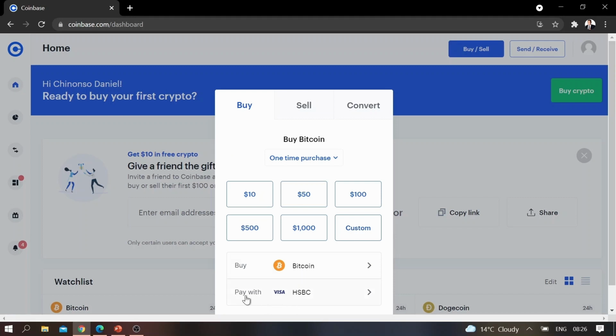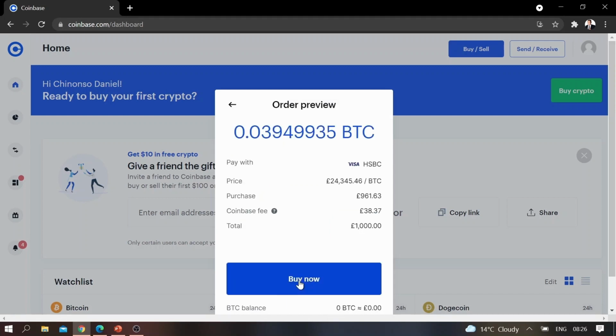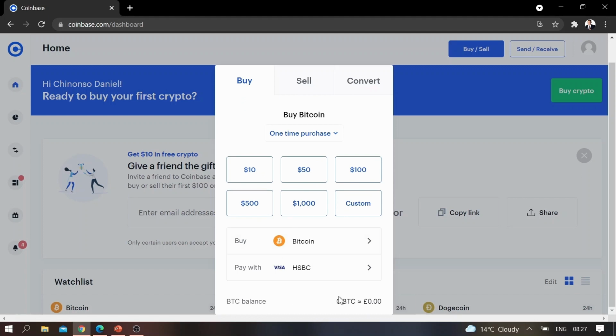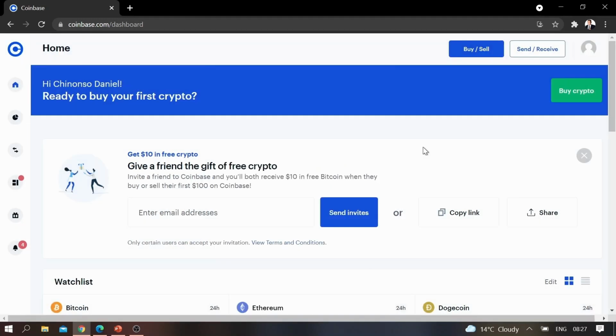Buy Bitcoin. I've already attached my bank details, which is HSBC. So if I want to buy cryptocurrency, just click on the amount and click on buy now. You see it. It's as easy as that. So I can do a custom, any price I want, and I will get it instantly. It's simple, it's easy. But you have to connect your bank details here, which you have already done during the